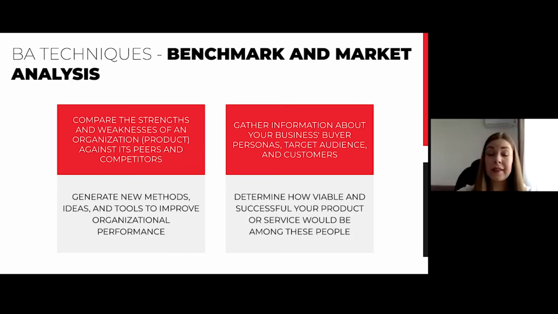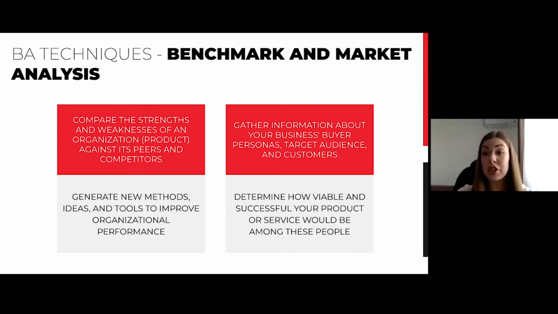The next technique is benchmark and market analysis, and it is something that should be done at the discovery stage, because it is a great technique when we need to evaluate a new idea, or when we already have a product and we want to increase customer satisfaction. The benchmark studies are performed to compare the strengths and weaknesses of the organization or of the product against the competitors. This technique provides the organization with information about new and different tools, ideas, and methods that may improve the